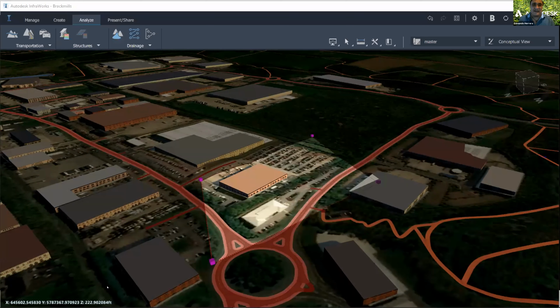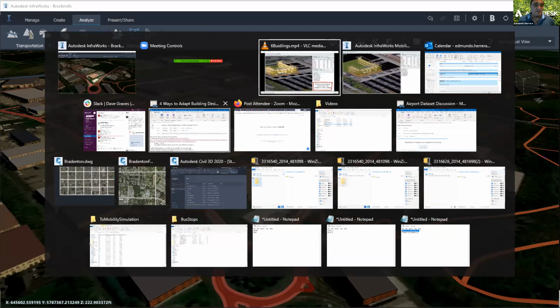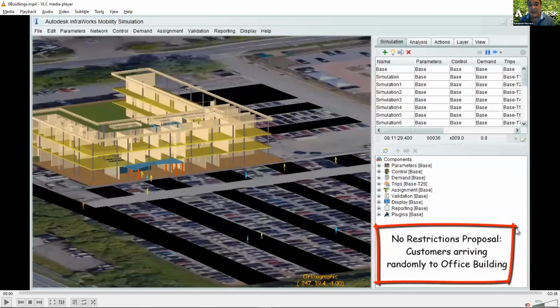Once you do this, I am importing a Revit model into the InfraWorks model. Go straight, you can see it right here up at the top. It's mobility simulation. That's where it is. And then there's no restrictions whatsoever. It is always best practice in micro simulation to know the existing conditions. So we're going to be studying right now only the existing conditions,